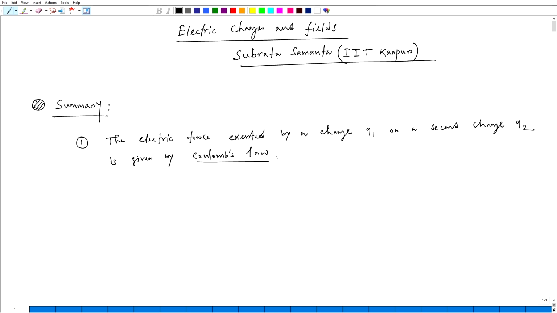Okay. So Coulomb's law suggests that the force between charge q1 and charge q2